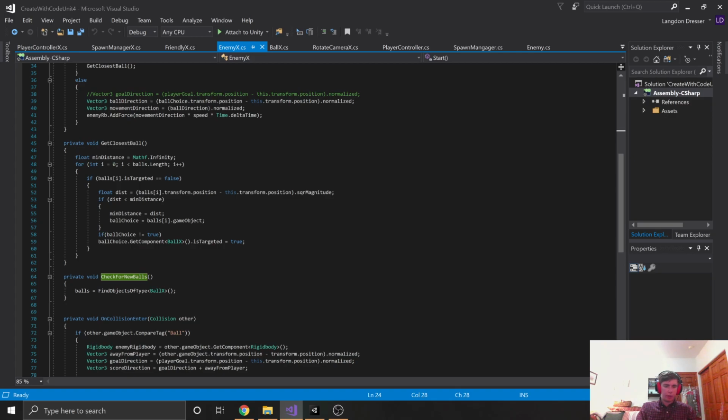So it does that until it goes all the way through the array, and that figures out what the closest ball is. And if this is the last thing here, just to prevent errors, if the ball choice here is not equal to true, then